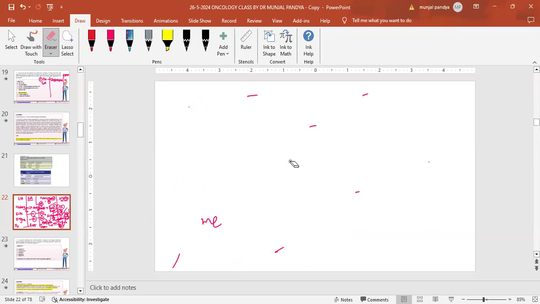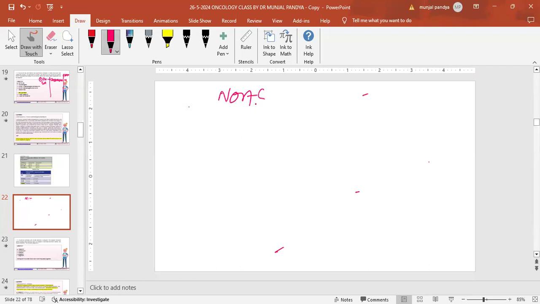Tell me. Yes, sir. An ST elevation MI patient will present with chest pain, crushing type, with sweating, vomiting, radiating to the shoulder and neck, even at rest. And the ECG will show typical ST elevation depending on whichever vessel is involved. So the history, chest pain, is present in both.